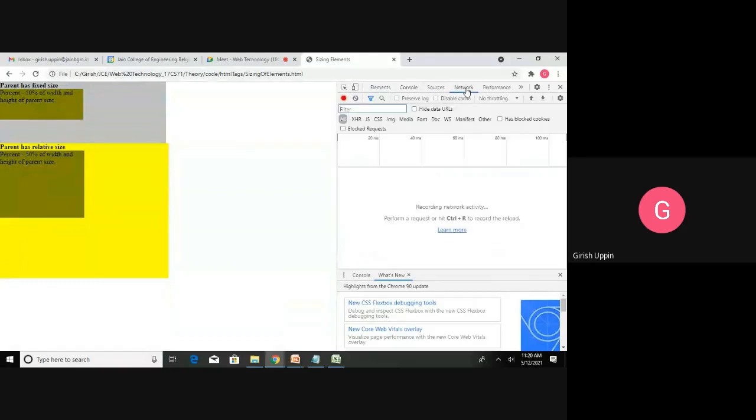You can check networking if it is a web application like a client server thing. Right now this is just working on a local HTML. There is only client side code. If there is anything related to network performance, all those things can be assessed using these developer tools. So these are the different browsers which provide different kinds of developer tools.